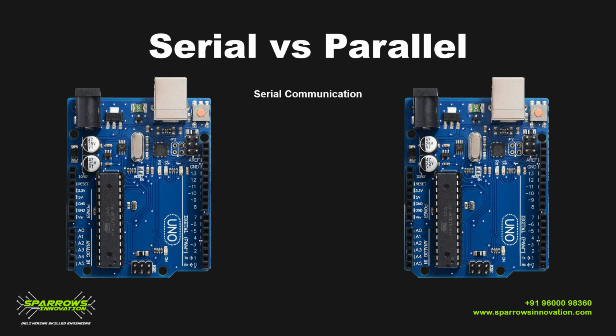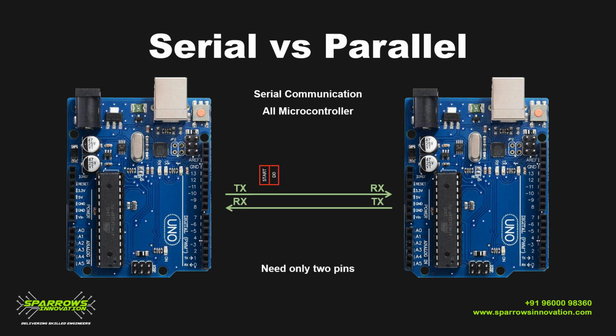In serial communication we use only two pins, one is the transmitter and one is the receiver pin. So either you can transmit or receive, or you can transmit and receive at the same time. Here the data will be transmitted bit by bit. That means for 8-bit data, 1 bit will be transmitted at a time, and the 8 bits will be transmitted sequentially. So it will be transmitted by pulses. In parallel communication, in a single pulse all the 8-bit data will be transmitted at the same time, but here in one pulse you have to transmit 1 bit only.